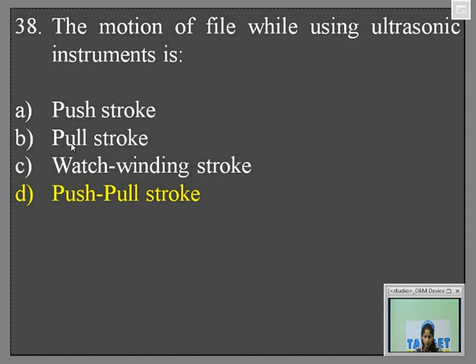You should also know the range of frequency with which these ultrasonic instruments are used. That is 25 to 40 kilohertz. Whereas your sonic instruments,